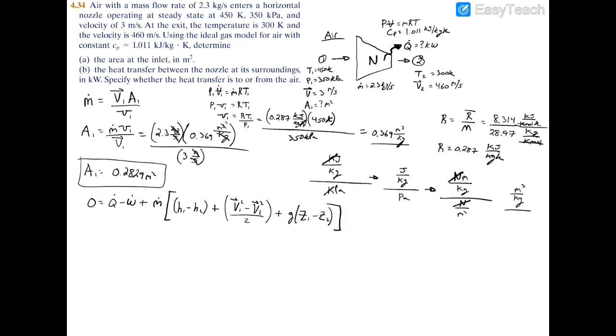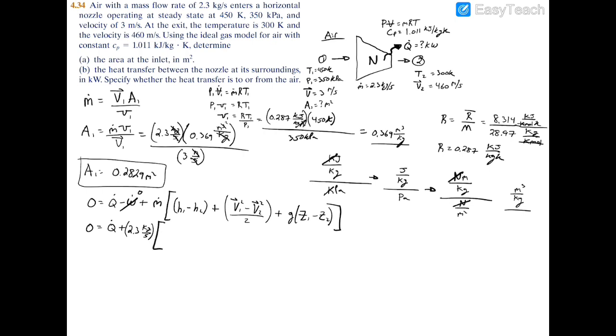All right, so how do we simplify this? So starting from the left, we know that we have a nozzle. We're looking for our heat transfer. And nozzles don't consume nor generate power, so we can therefore zero out our power. Next, we have our mass flow rate, which is given to us, and why don't we start this on a new line here. We'll have 0 equals your heat transfer plus 2.3, which is your mass flow rate, and that's kilograms per second,